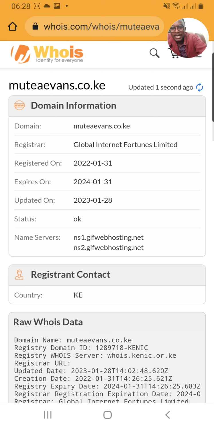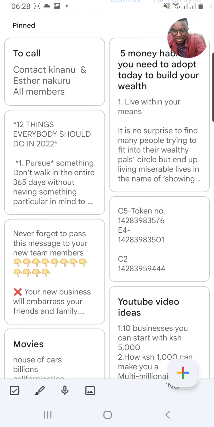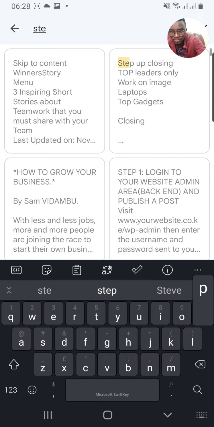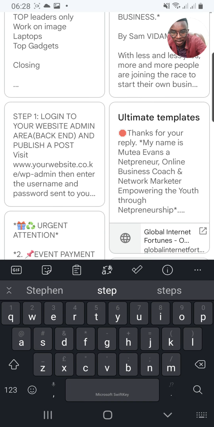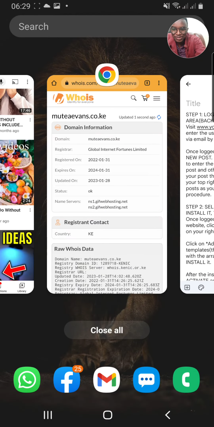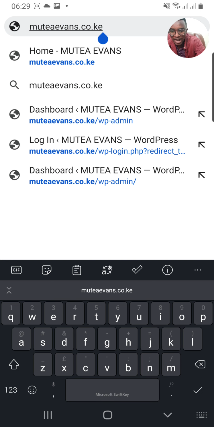With that said, now it's time to log in, and there are five steps for you to log in to customize your website. Step number 1 is logging into your website admin area, what we also call the backend, and publishing a post. So I'll show you how to do that. You head over to your domain, then you add